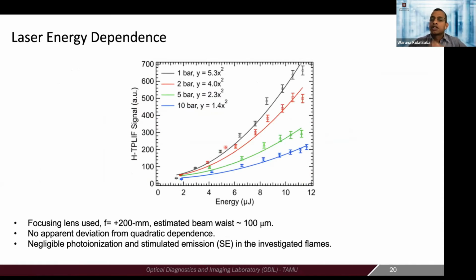Why this is important is because of the parasitic effects I mentioned, like photolytic interferences and stimulated emission. Those can be identified or diagnosed if you see non-quadratic dependence. Sometimes when you have a lot of photolytic production, you get higher than quadratic dependence. When you have a lot of stimulated emission, you get sub-quadratic dependence. So it's important to verify for all these pressure conditions we're trying to investigate that we get a good quadratic dependence. Laser power dependence, we check that as the very first thing, verify it up to the pressure range we're operating at, and then good to go.